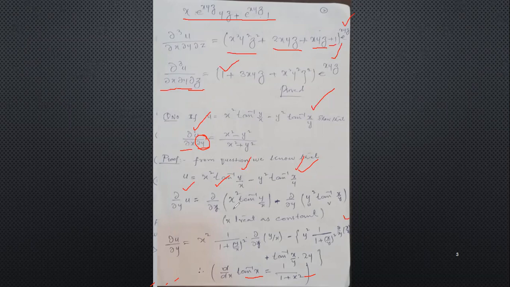In the first term we have one term of y. Here x square means the x term we consider as a constant, so x square remains the same. Now here we have an inverse function, so first we take the derivative of tan inverse, then we take the derivative of its angle. X square same, derivative of tan inverse is 1 upon 1 plus y upon x whole square.